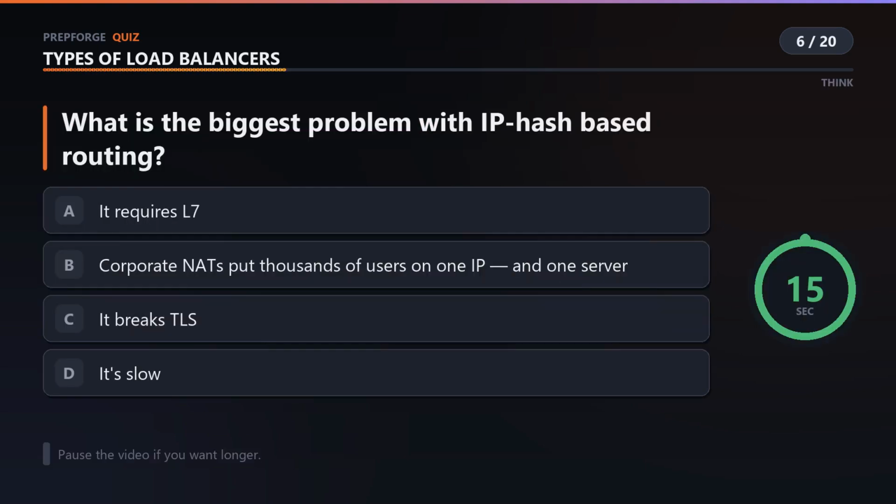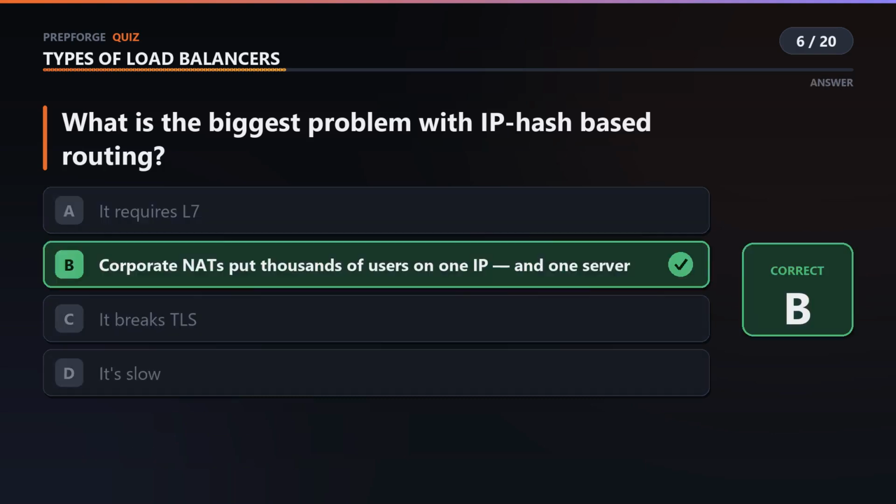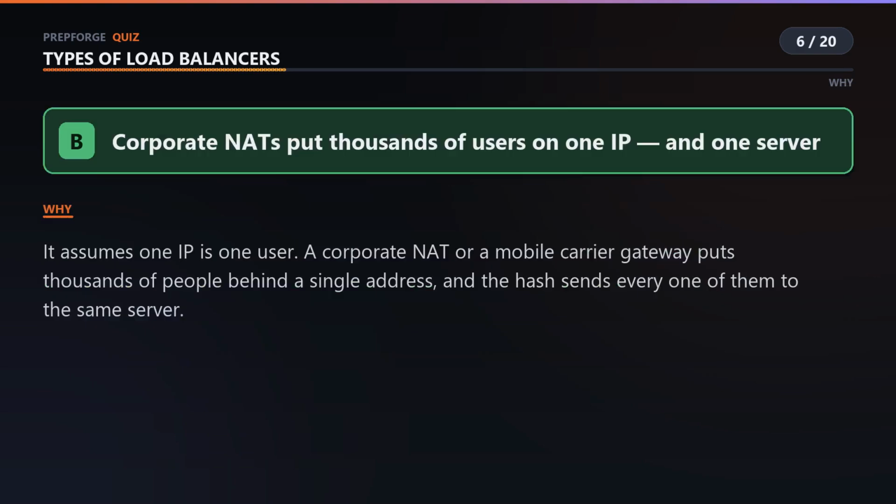What is the biggest problem with IP hash-based routing? It quietly assumes one IP means one user, and that's often badly wrong.